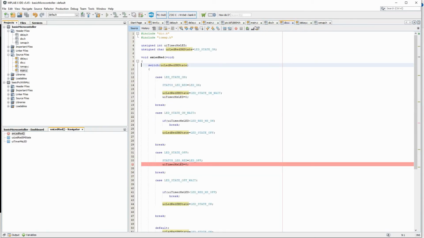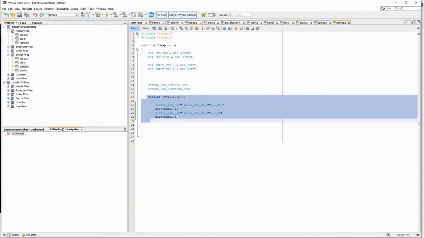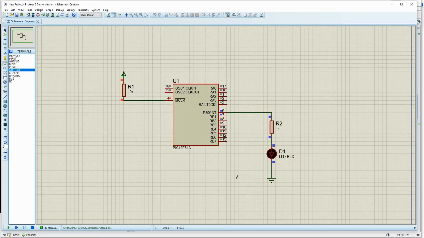So here in DIO or IO map, in iomap.c we had a startup sequence that blinked the LED 10 times so that we can see, but it is not proceeding beyond that. That means it is calling the startup sequence again and again. Basically what that means is your watchdog timer is resetting the processor.